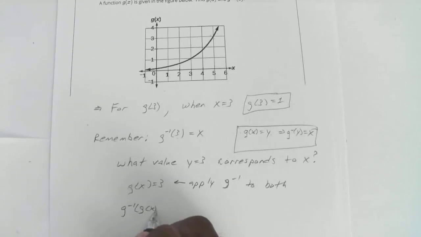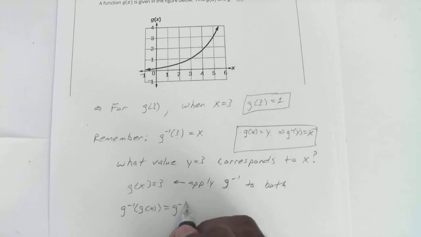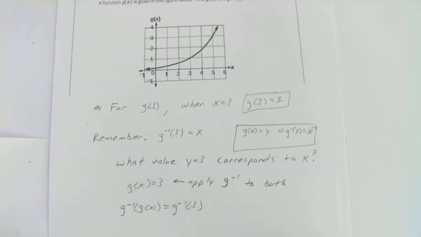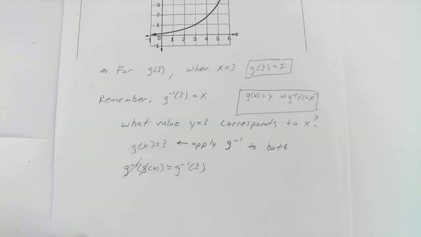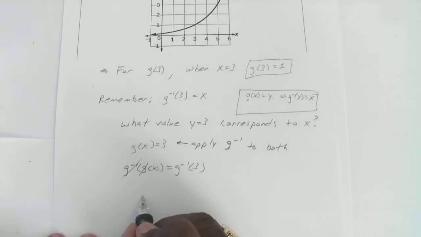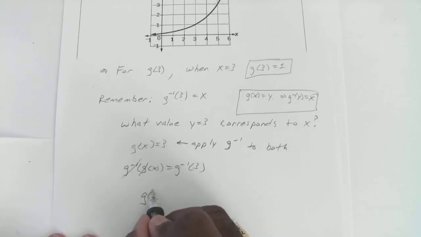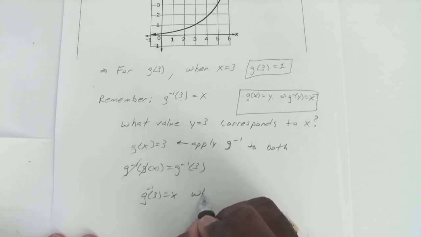So you have g inverse of g of x equals g inverse of 3. Remember, those two cancel out because you can see it's 1 to 1. So you know that g inverse of 3 equals x